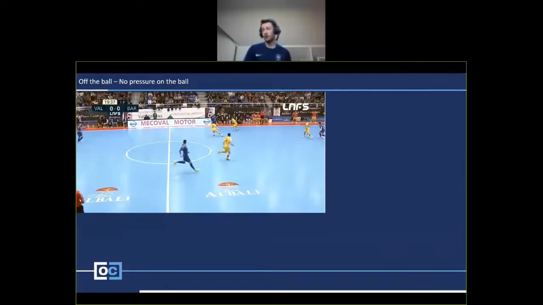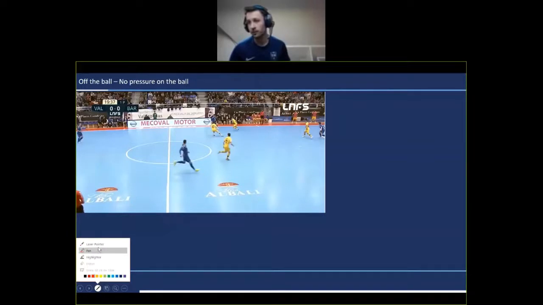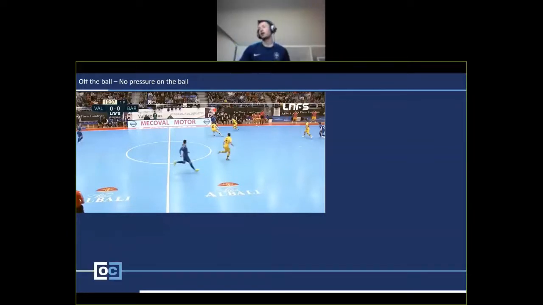So we can see in this first one here, the ball's actually on the, and I'm smoothly going to get myself a laser pointer. Excellent. The ball's actually on this side of the court, and you can see that two of the high-end players in yellow have gone across the ball. So this player is attracting two players to the ball. That means that elsewhere on the court, there's going to be a numerical advantage, or players are going to be